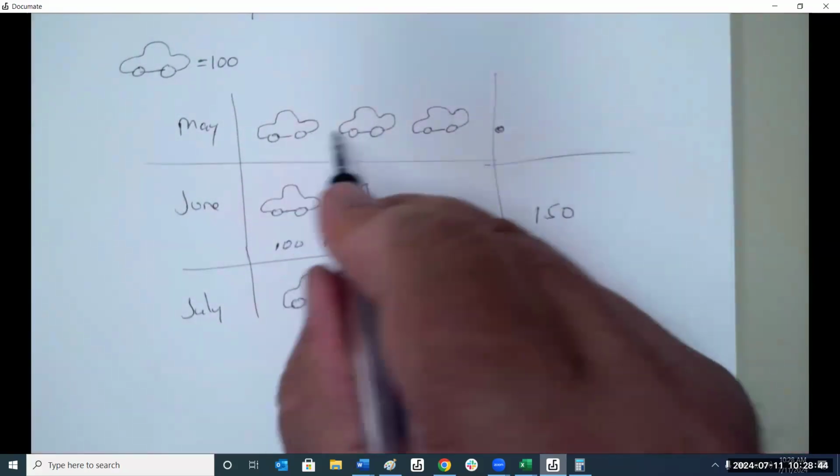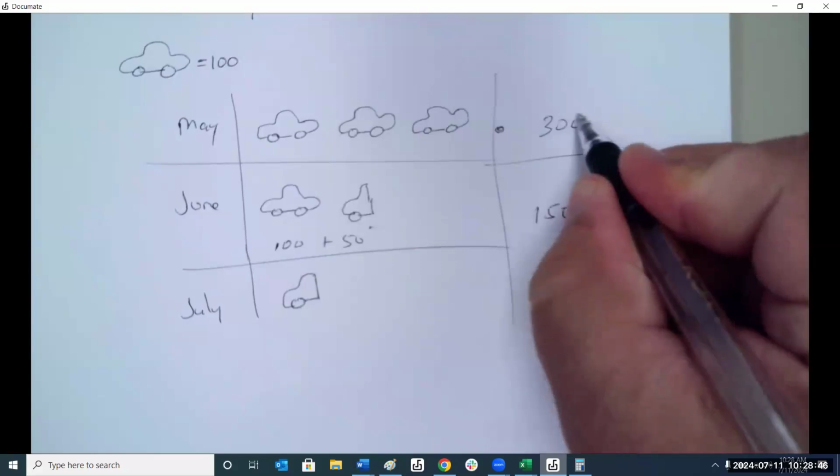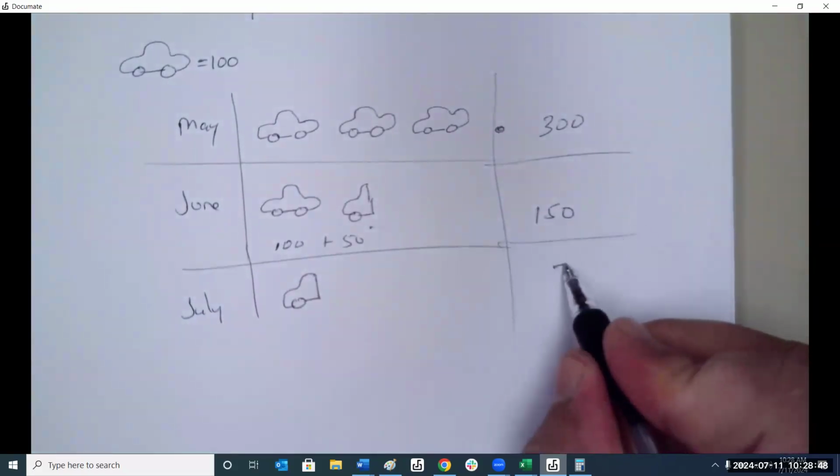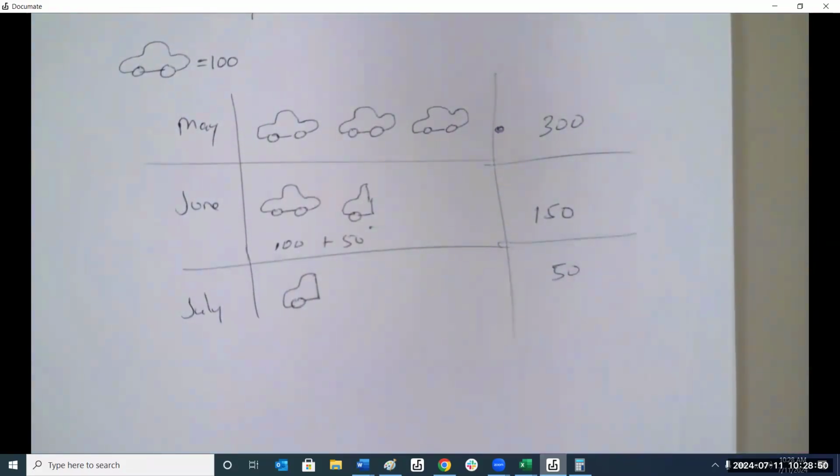In May, we had 3 full cars, so that's 300 sales. And July so far, we only had 50 sales. So that's one way you could do it. Another way is,